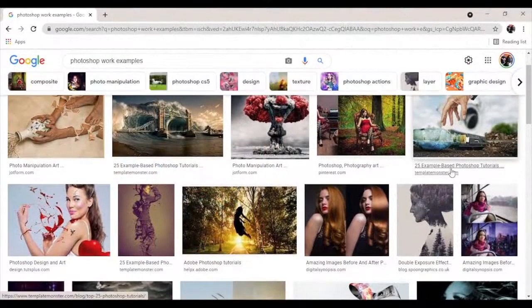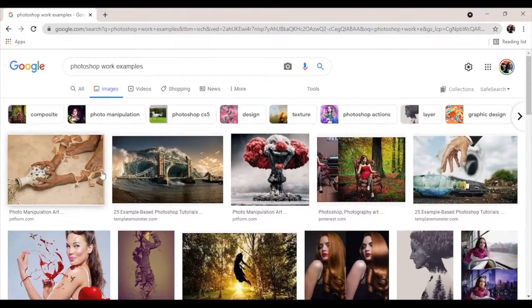Now, these images that you see right now, they're looking really surreal. They look really real, but also really fake at the same time. And this is just a few of the examples of what you can do with Photoshop. You can actually composite a work of art with this program.